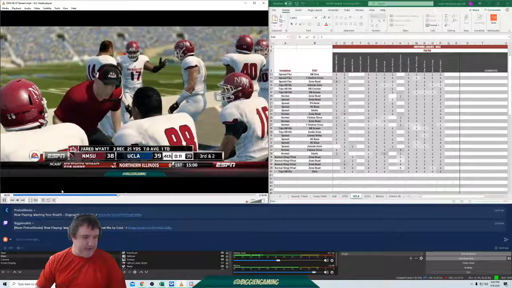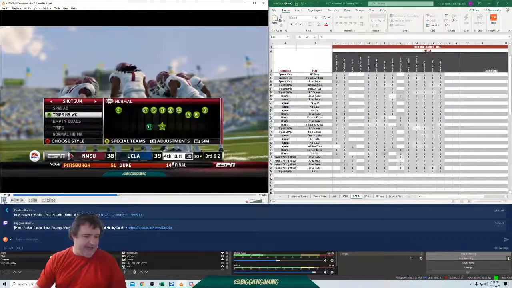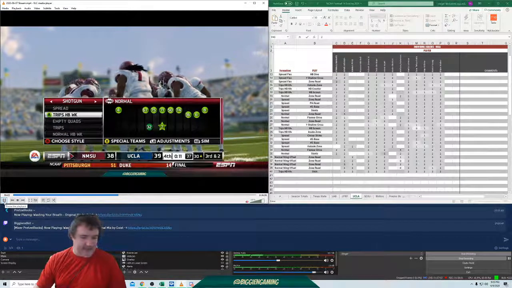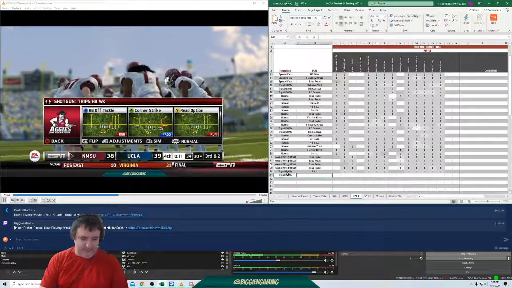Reason being, we're at 3rd and 2. You guys are probably like, what? What are you doing? No timeouts. So now I got to run a play to the sideline. Now I love levels, okay? So run trips, halfback, we have levels.